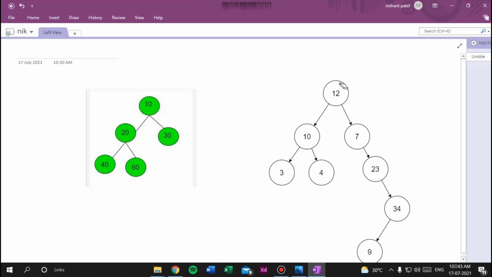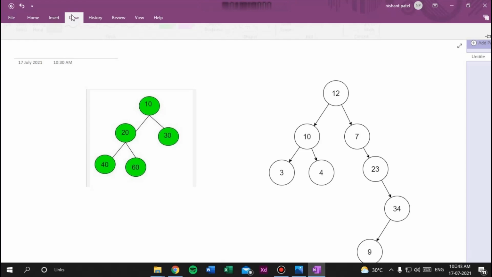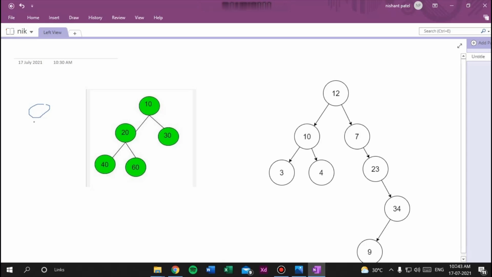So let's take this example and suppose there is one person standing on the left side of the tree, right? Let me draw the person, just wait. Yeah, okay, this person is standing on the left side of the binary tree. So this person can see only those nodes which are in front of them, right? Like this 10, 20 and 40, right? Person cannot see this 30 and 60 because it's on back side, right? So this person was not able to see this node. So for this the answer is 10, 20 and 40,